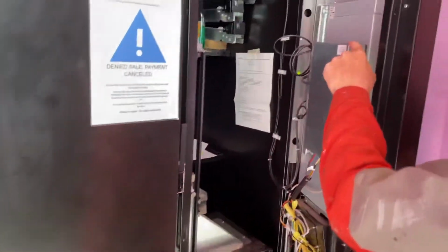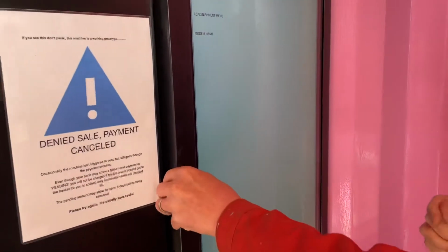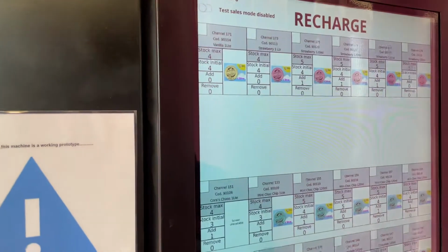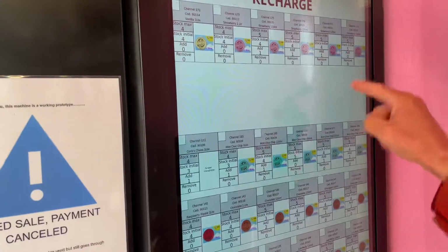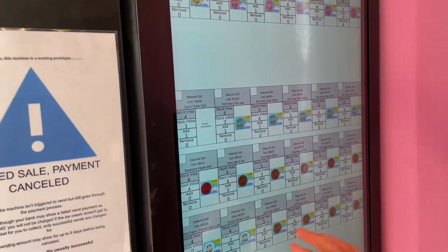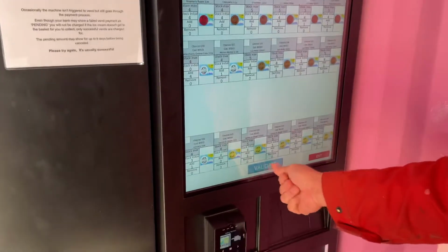There's a little rocker switch here. You press the rocker switch down, it then brings you onto this screen. U1 replenishment menu. So the replenishment menu presumes that you have filled everything. It presumes you're going to have added these and added these. Okay, so as long as you filled the machine up and everything else is all right, you don't need to change anything. You press validate,